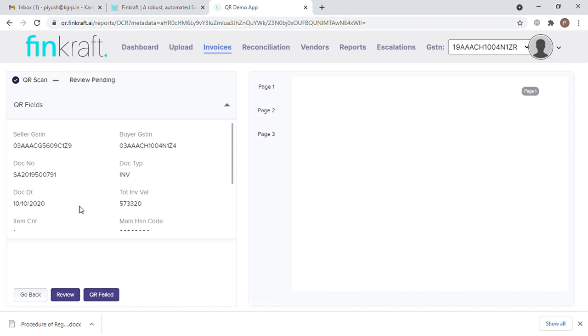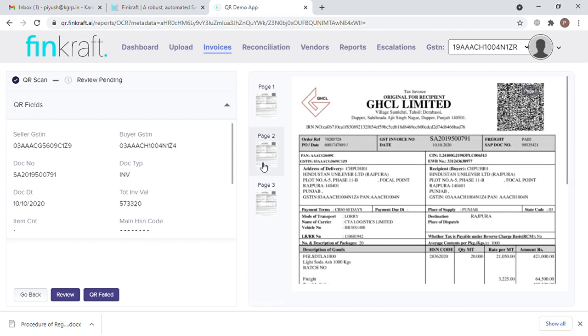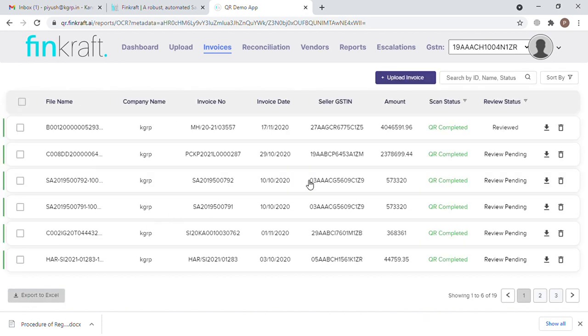Let me showcase one example. This is a GST invoice with 3 duplicate pages. Our tool is capable of understanding the duplicacy of invoices and reading only one QR out of that. Also, this QR is not readable by an IRP, but our portal is able to read the invoice and the QR. For the description of the video, showcasing the example, you can check the link below.